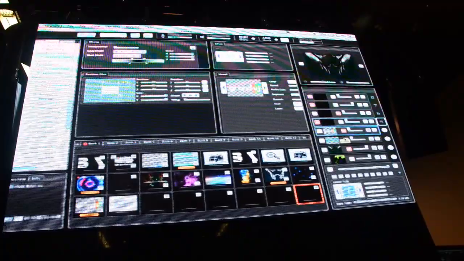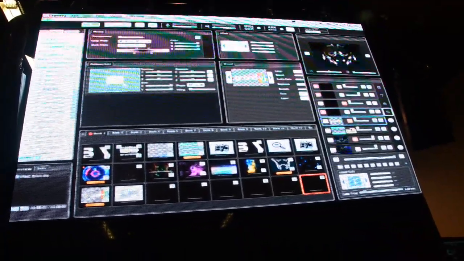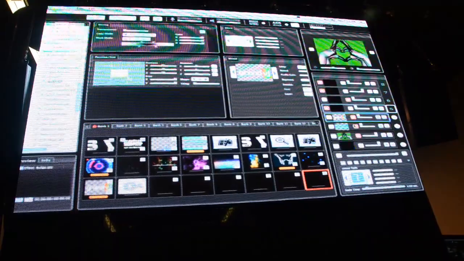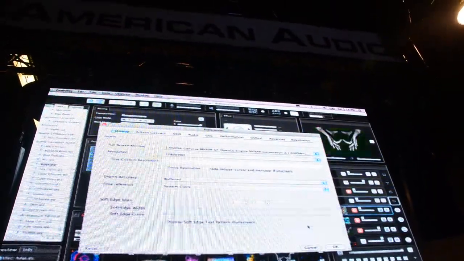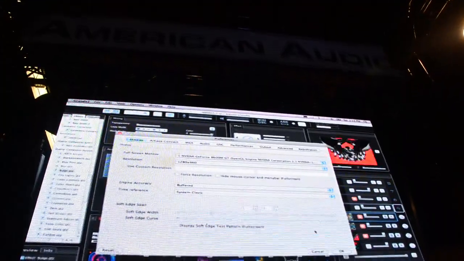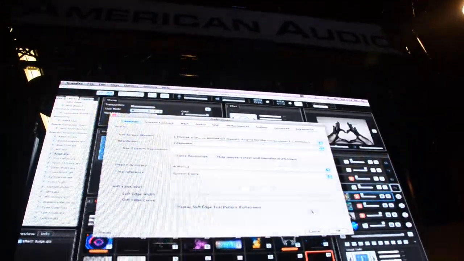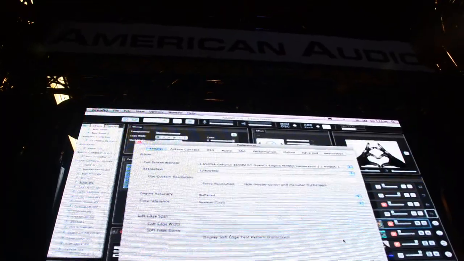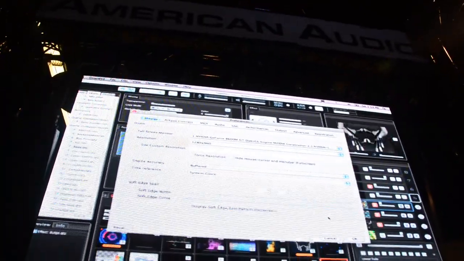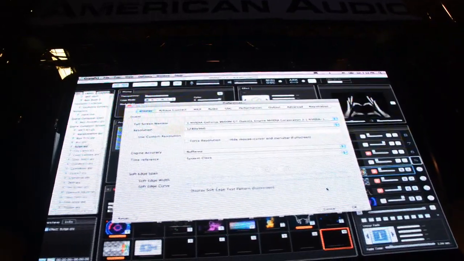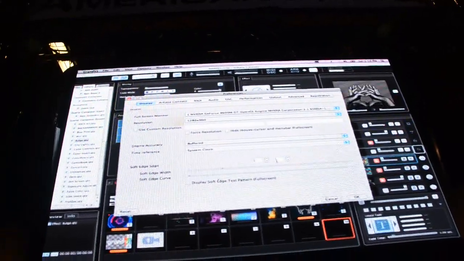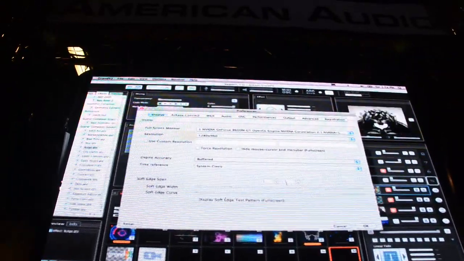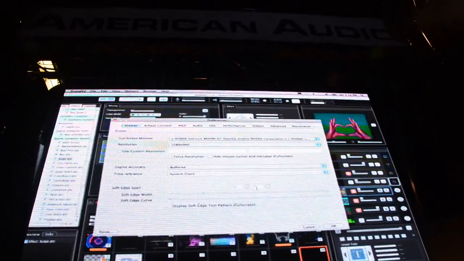Alright, so I showed you the front side of all this. Now let's take a look at the back end of GrandVJ. Bring up the preferences. In the preferences, there are some incredibly powerful tools. One of which is that you have multiple screen outputs. If you want to have 4 projectors, 4 plasma displays, you could create any combination, 1x3, 4x4, 2x2, and that's all done in the lower half of the application here. And you can do edge blending from projection with all of your soft edge curves and widths to really get a nice clean